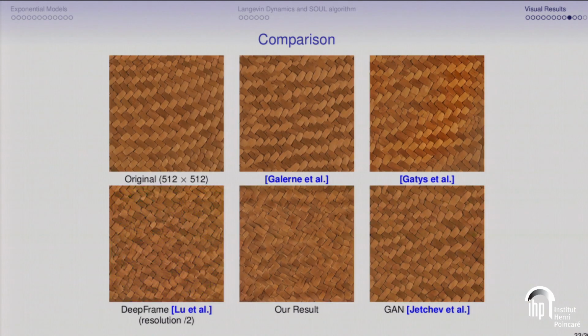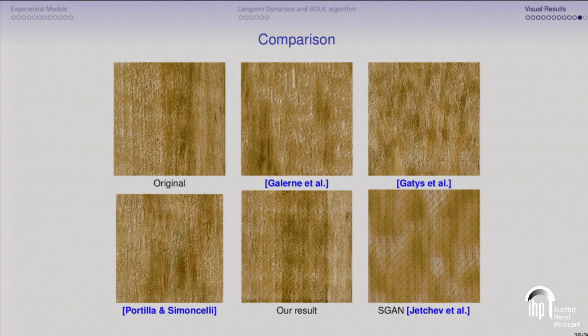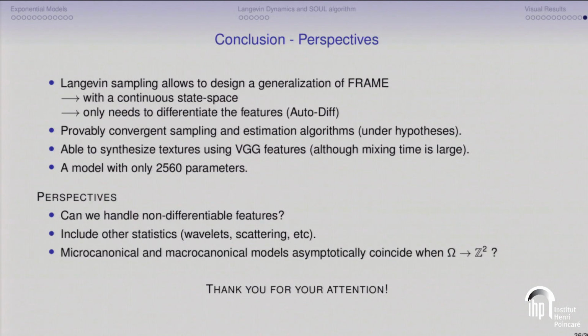Right. So here you can see that GAN is virtually perfect for such a texture. Actually, this is not always the case. For more stochastic-like textures, GAN may actually fail very much, whereas Gatys is always a bit stable and nearly the best. And also, we get a quite good result here. Maybe I will jump to the conclusion.